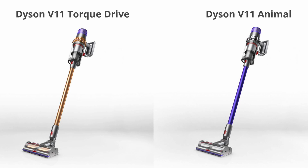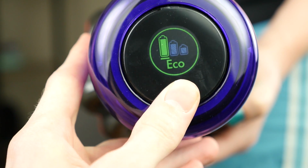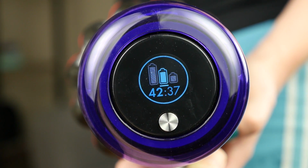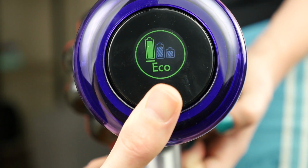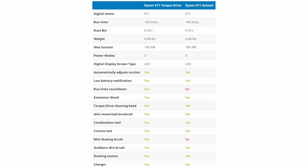There are two different versions of the Dyson V11 available: the Torque Drive and the Animal. The biggest difference between these two models is the V11 Torque Drive includes a more advanced digital display, which is capable of playing short maintenance videos, providing remaining cleaning time estimates, and easier switching between modes. Additionally, the Torque Drive model includes the mini dusting brush, while the Animal does not. Motor, runtime, max suction, power modes, and dustbin are all the same between both the Animal and the Torque Drive